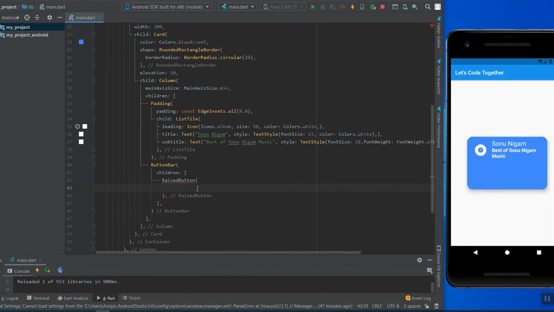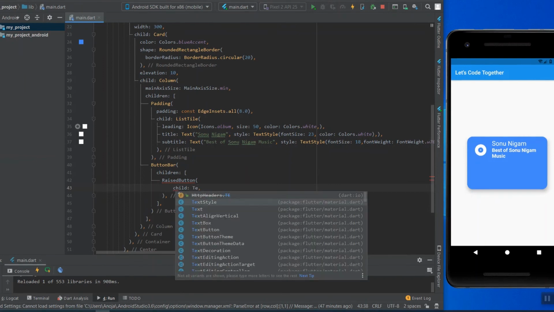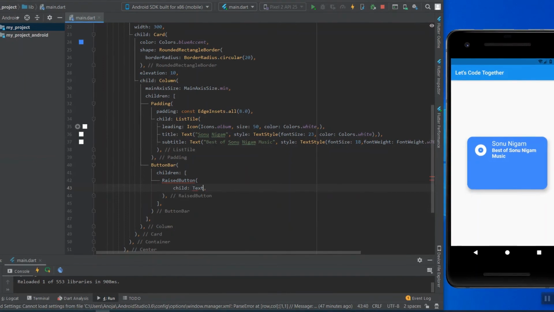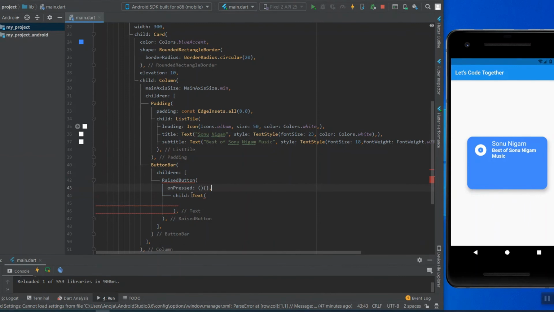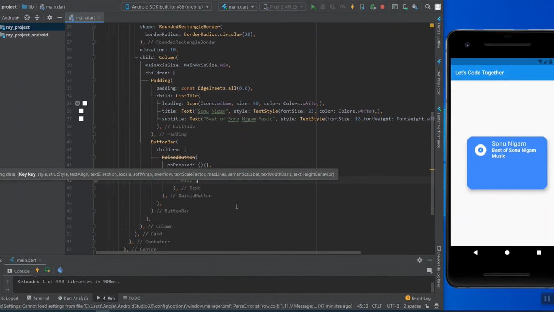Inside this raised button, we have the child text. I am giving the text play here.